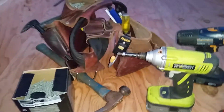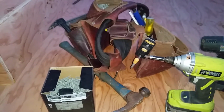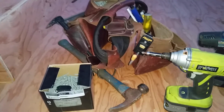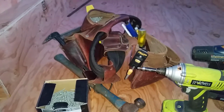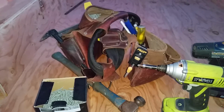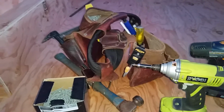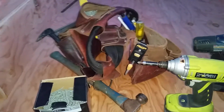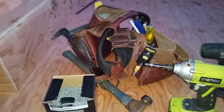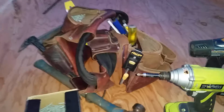and you don't have to have this, but I run a set of bags. These are Occidentals. I realize it's a lot for people to spend $250 on a set of tool bags, nail bags, but nail bags speed up your project. So having everything on your hip, so you're not walking back and forth to your toolbox, is paramount when you're trying to do a project efficiently. I paid $225 for these 13 years ago, and I've made tens of thousands of dollars in side job money